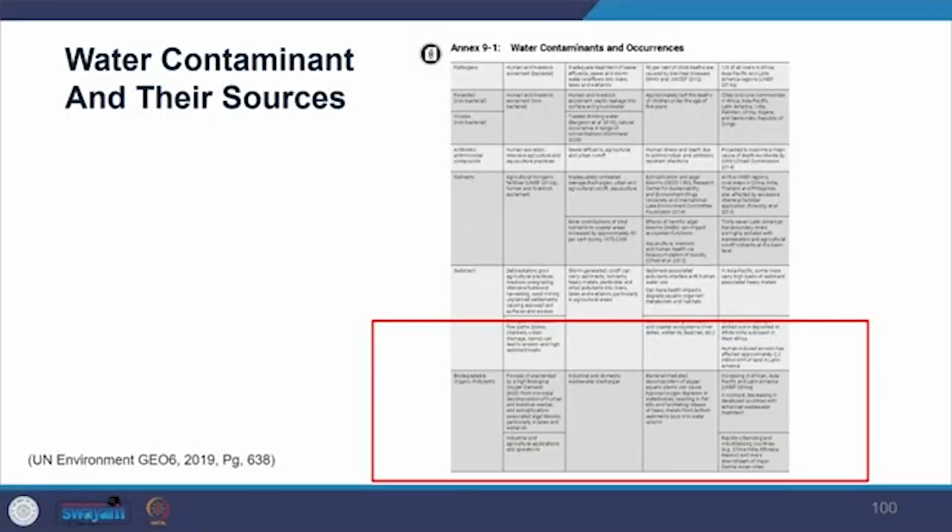So we also see synthetic organic pollutants, which include pesticides, industrial chemicals and solvents, and personal care and pharmaceutical products. Then we also see persistent organic pollutants. POPs are particularly problematic because they do not readily biodegrade in the aquatic environment. And you may know that these are used by many industries and agricultural applications. They can impact human health and aquatic ecosystems, persisting in fatty tissues of humans, fish and other organisms, and accumulating in